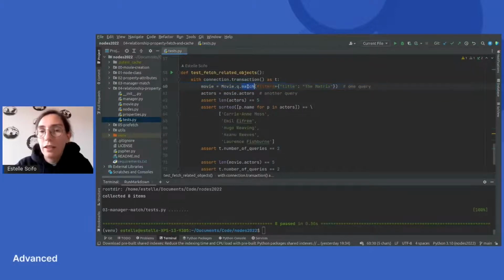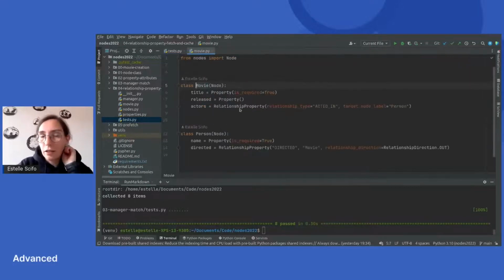Here I'm still fetching my movie. And now what I want is that when I access the actors, doing movie.actors, I actually retrieve all the actors of the movie. And if I access the actor's name, I want it to be implemented. So let's see how this is done.